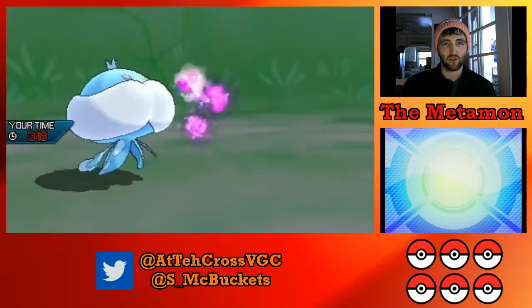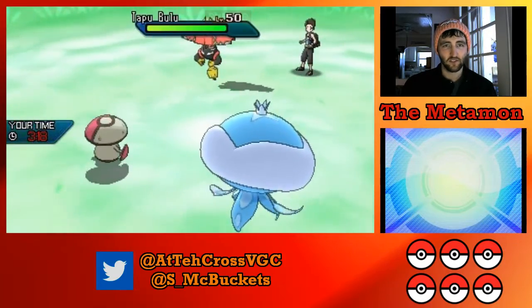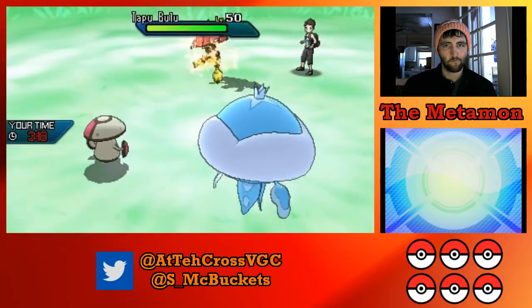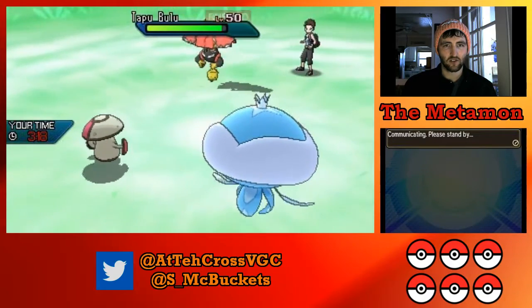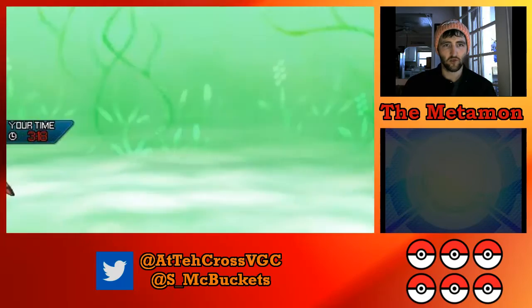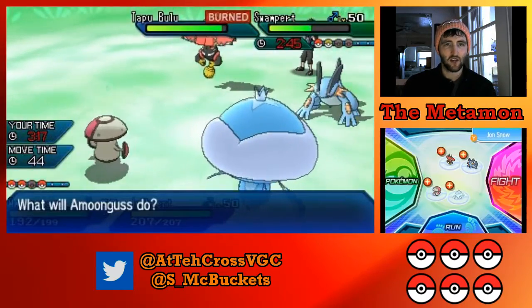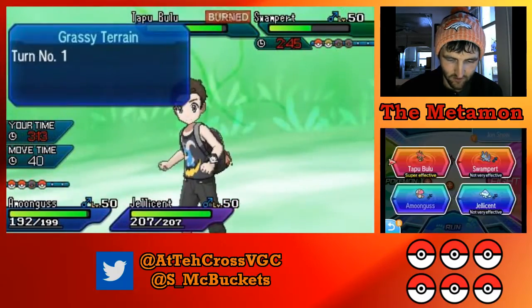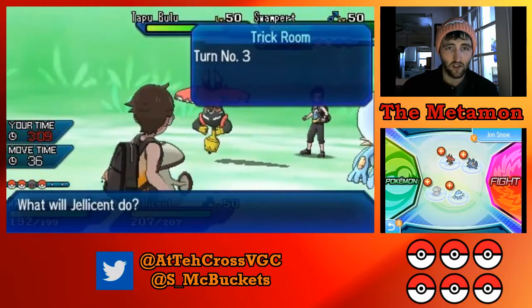Yeah, we burn this Bulu. Now we're looking really good here. His way out is to Ice Punch freeze my Mungus. So we're gonna Energy Ball Swampert because Bulu shouldn't be able to do much to me. So I'm gonna, oops, definitely don't Sludge Bomb. I'm gonna Energy Ball the Swampert, and